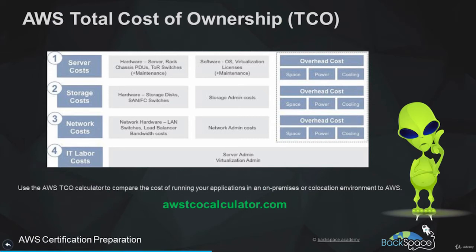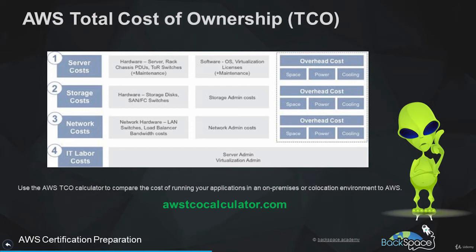If you're looking to present a business case for migrating from on-premises or co-location over to AWS, then there's a lot more that you need to take into account. So yes, we know that we're going to have server costs and storage costs, but there's also going to be network costs. There's going to be IT labor costs, and those are also going to include other costs. For example, when we look at server costs, it's not only the hardware, it's also the software, the operating system, the maintenance of that software as well. When we look at storage costs, there's also administration costs involved in that. And servers, storage, and networks all have an overhead cost as well.